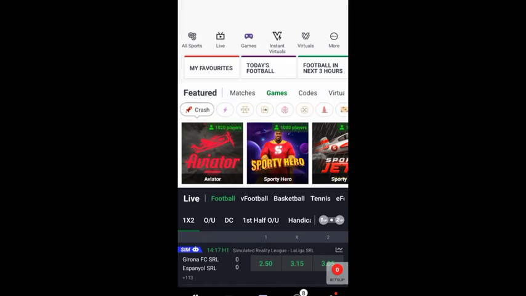So basically, as I said, you are going to be betting on the under corner first half. To do that, you are just going to find a game, for me to demonstrate it. But before we continue, I would like to explain something. Before a corner can happen in a match, there needs to be a kind of pressure. Teams need to be putting in the pressure. Maybe they shoot the ball to the goalkeeper, and the goalkeeper pushes the ball over for a corner, or maybe they are about to score and a defender pushes the ball towards the corner. So that is what basically causes a corner. There must be pressure in the game for a corner to happen. So basically, you're just going to be avoiding games that have such pressure.